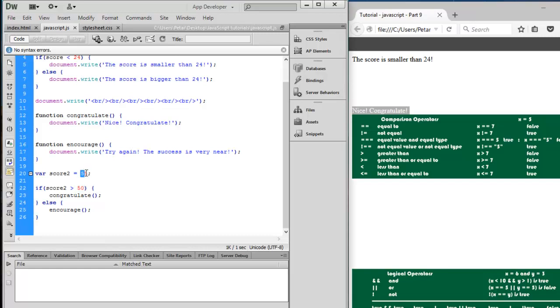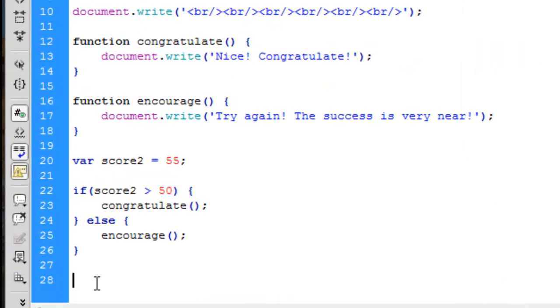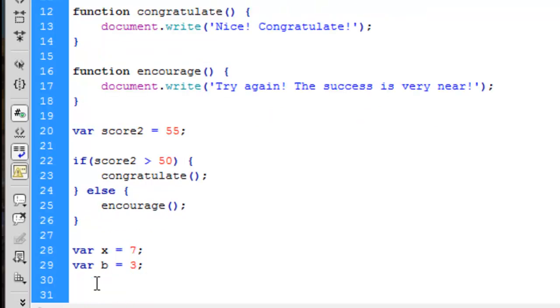The score is 55. Now we can make some examples about logical operators, and we can start. For example, variable x is equal to 7, and variable t is equal to 3. And now if x is smaller than 10